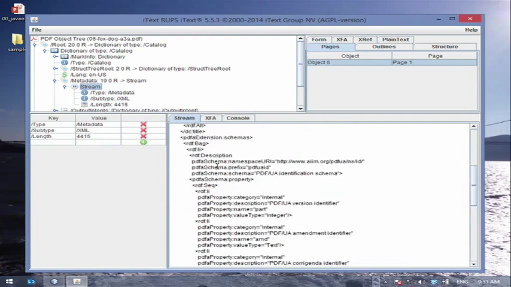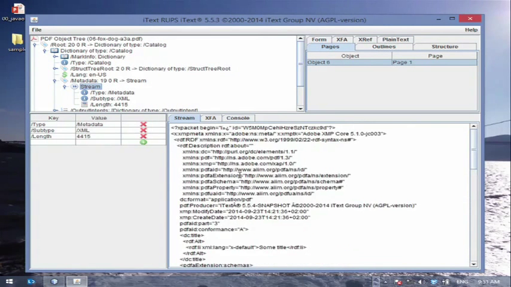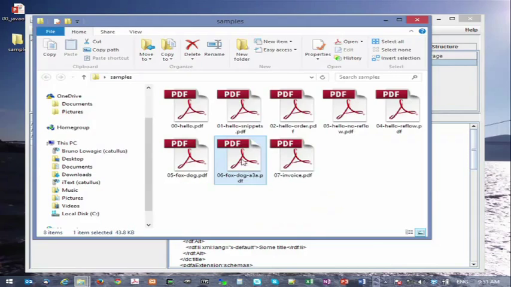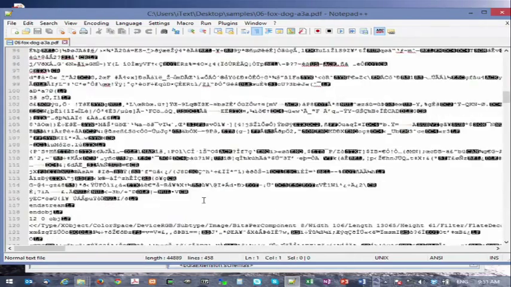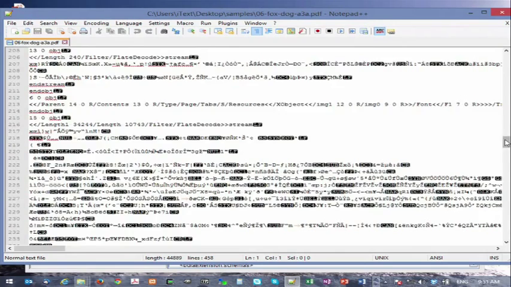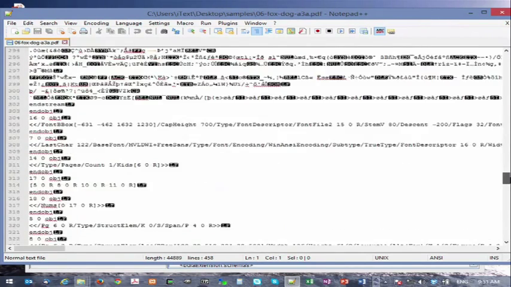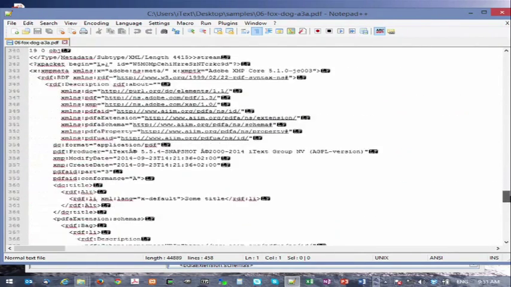So this is the XMP, Extensible Metadata Platform version of the metadata. Actually, this metadata, if I open the document in a text editor, I can see in plain text normally. That's towards the end. So here you can see the metadata, the XML in plain text.